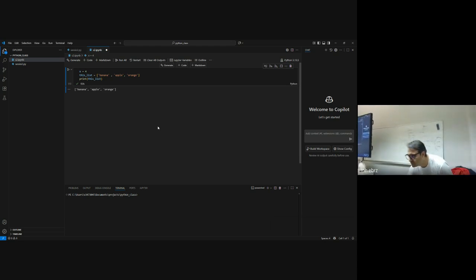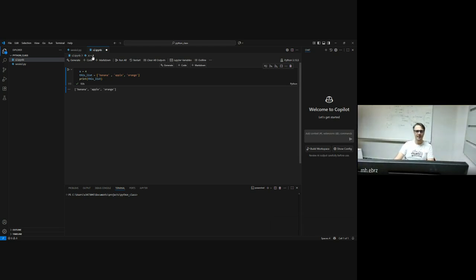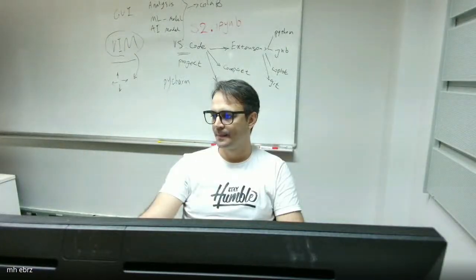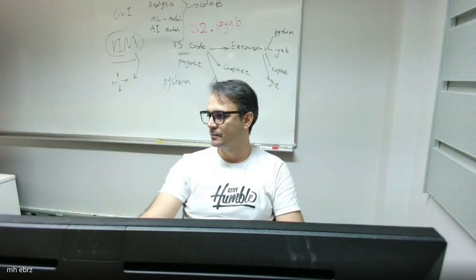Okay. So, this is how Jupyter Notebook inside VS Code works. Also,